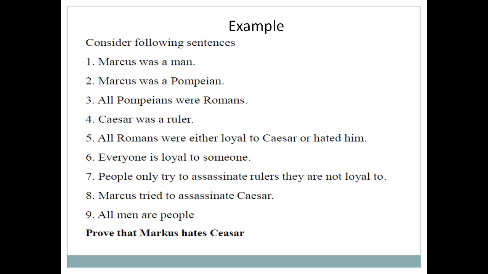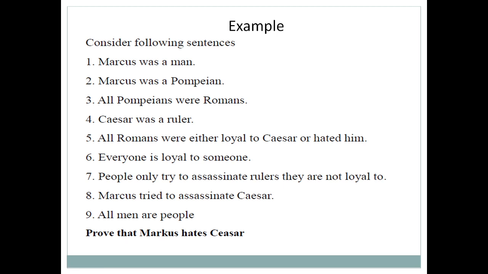So first of all we try to understand step 1. Step 1 is very simple: convert the given statements into predicate logic form. One by one we'll discuss all these 9 statements and understand how to obtain the predicate logic for each. The very first statement is: Marcus was a man. This is a simple statement, and for this we need to generate a predicate logic. Marcus was a man. So we can say that man is a class to which Marcus belongs. We need to write man outside the bracket, and inside the bracket we write Marcus.